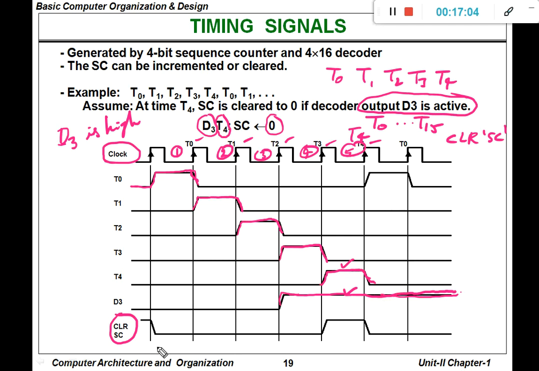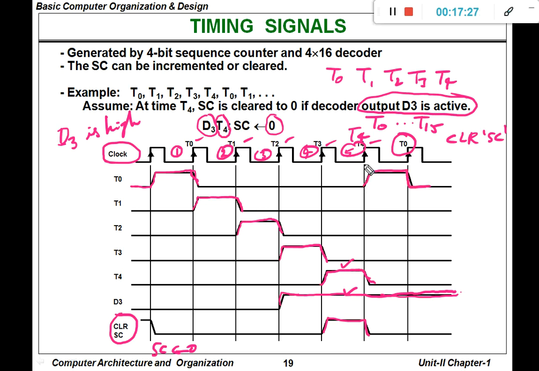So now the SC will once again become 0. After the completion of T4, what operation will be generated? Once again, clock pulse T0 is generated. Okay. So here you can see the next clock pulse will be assigned to T0.